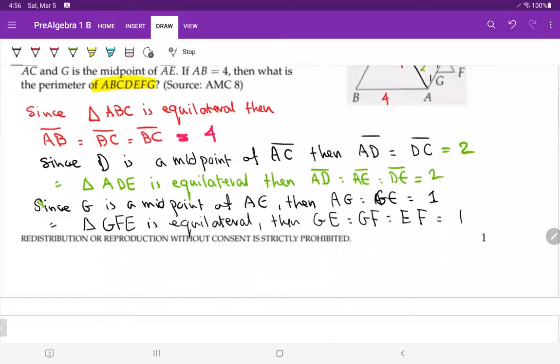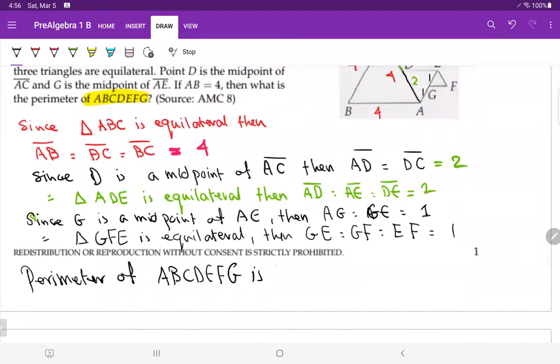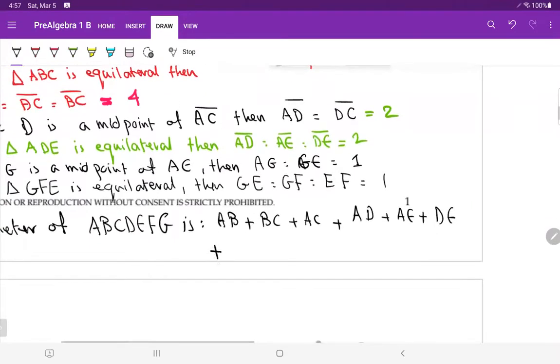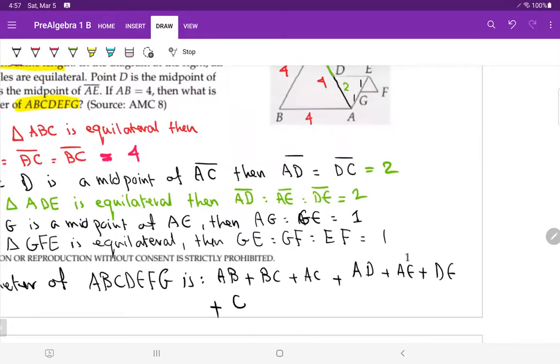So as a result, the perimeter of A, B, C, D, E, F, G is what? The summation is AB plus BC plus AC plus AD plus AE plus DE plus GE plus GF plus EF,